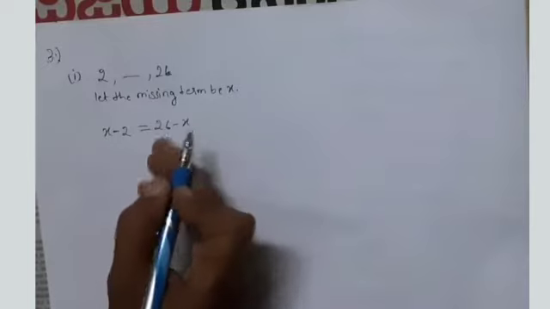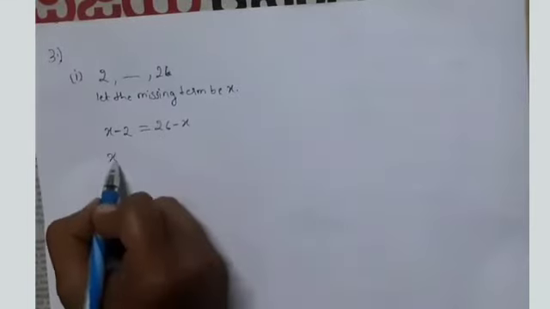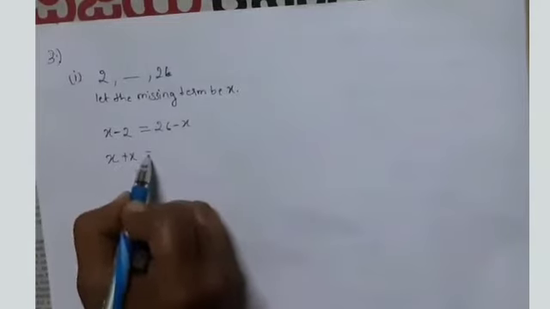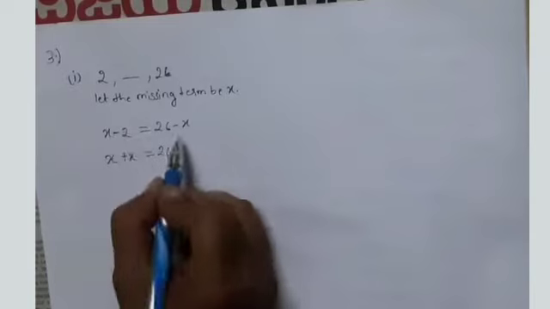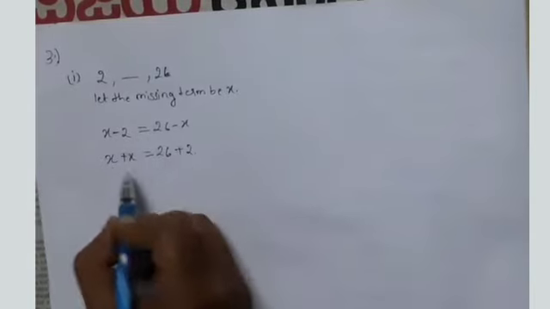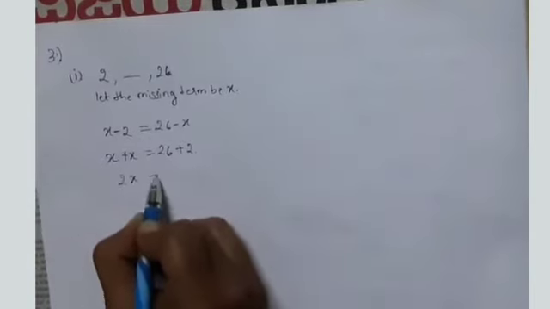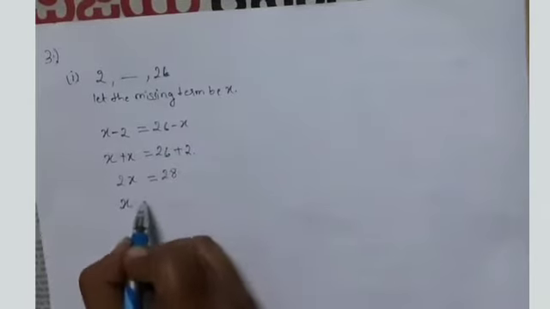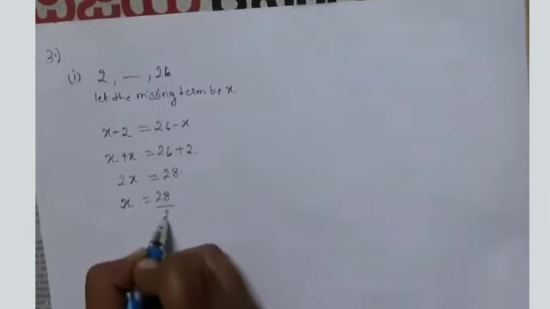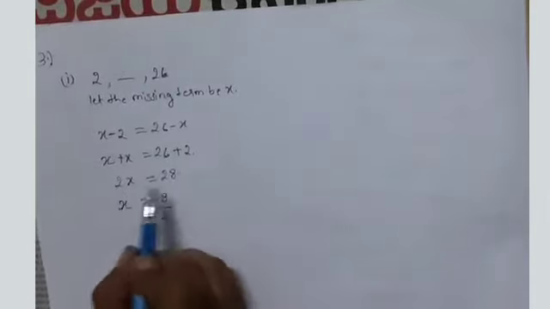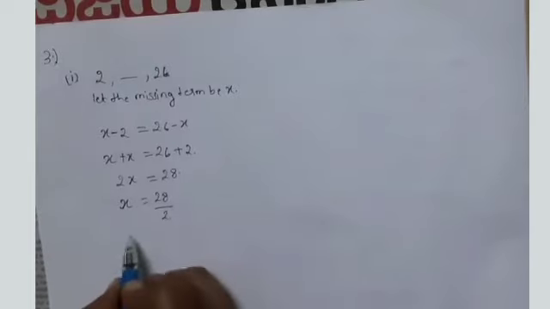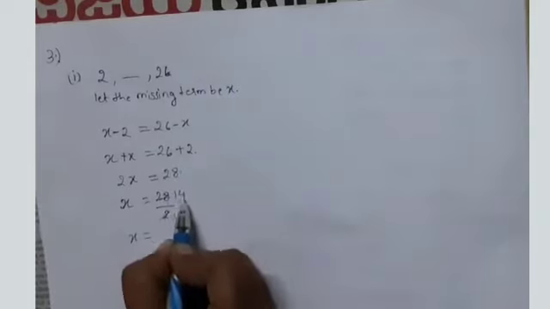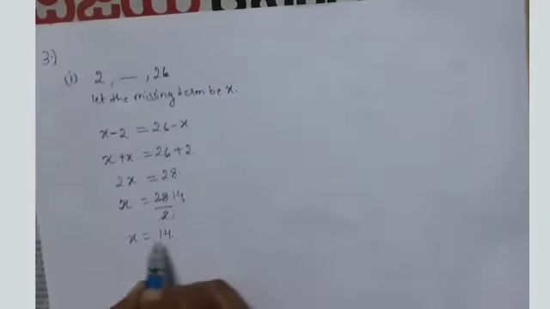Let us bring all the variables on one side. So it will be x minus x. If it is transposed to LHS, it will be plus x, which is equal to 26. Minus 2 when it is transposed to RHS, it will be plus 2. So here it will be 2x equal to 26 plus 2 is 28. Therefore, from here x is equal to 28 divided by 2. When we transpose the multiples from LHS to RHS, it goes for the denominator. Therefore, what is the value of x? On simplification, 2 1s are 2, 2 14s give us 28. Therefore, x value is 14.